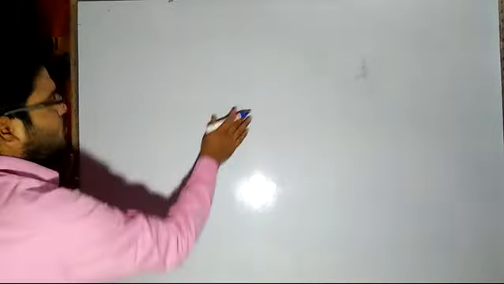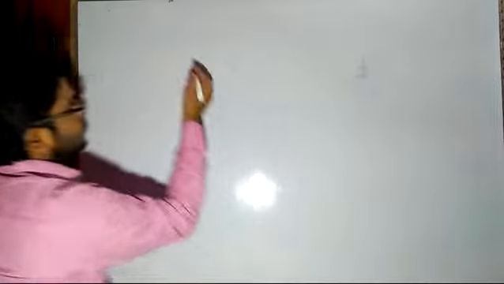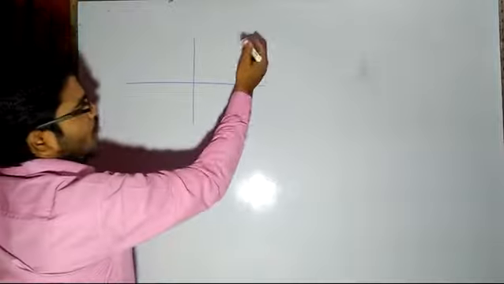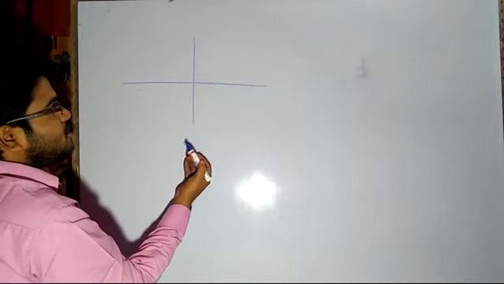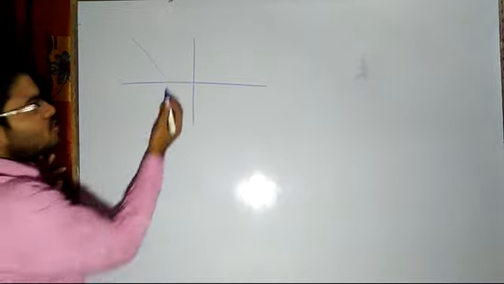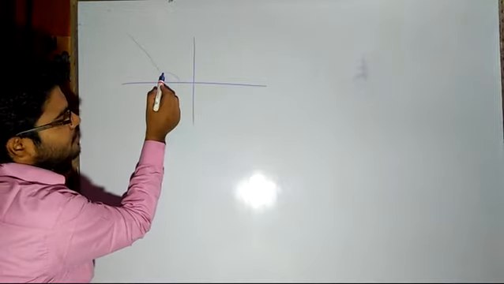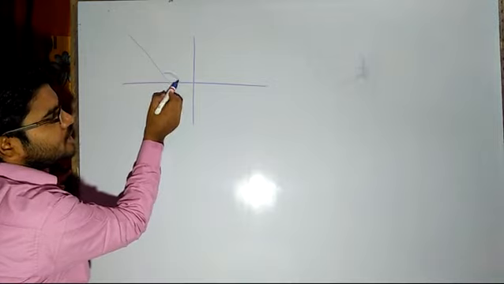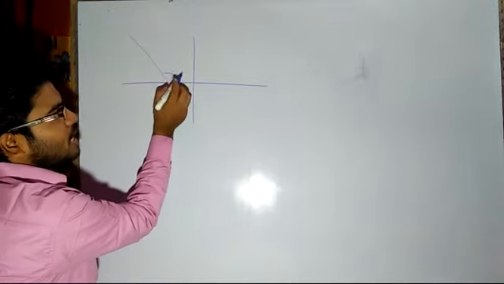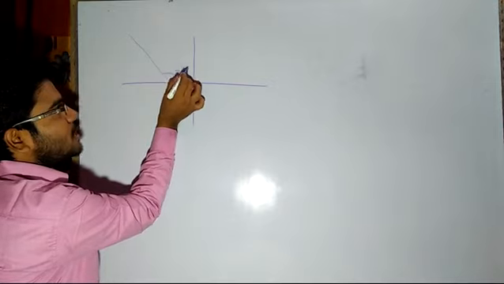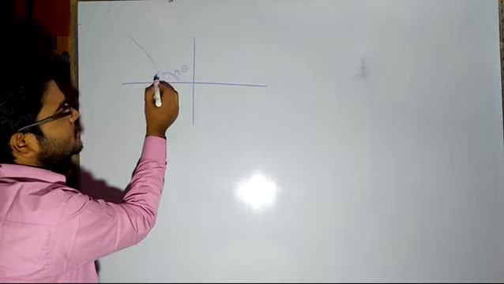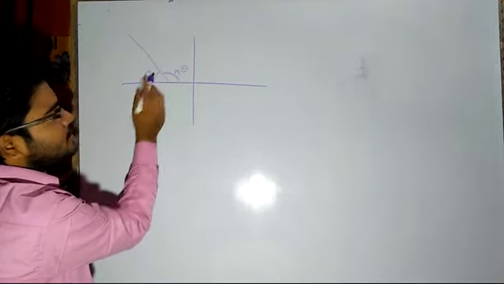Now, as I have told you how to find the inclination, one more thing I would like to say here. Till now I have shown you the line coming from this side. If the line is on the negative side, then what? Then also no problem. The inclination definition will remain the same. From the x-axis to that line in anti-clockwise, this is my theta. Obviously this is more than 90. So how to calculate this? Let us consider this as phi.